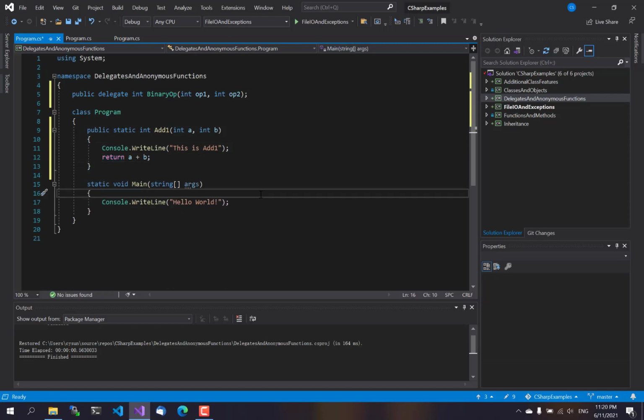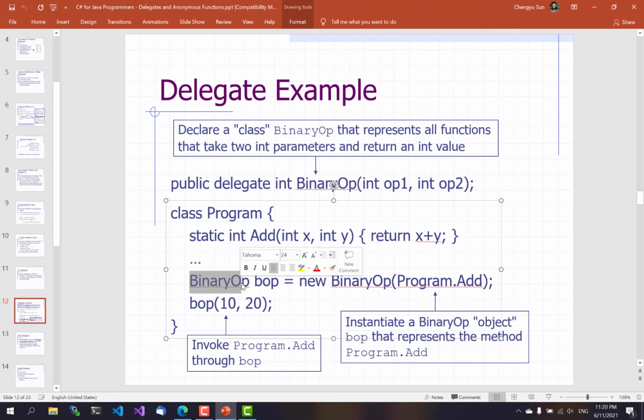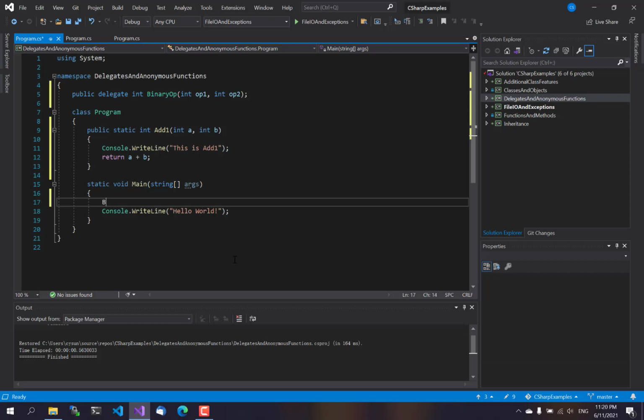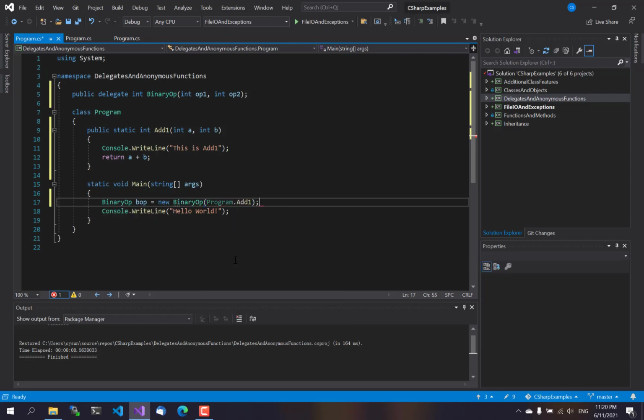And now we'll create a delegate object, and this delegate object will be BinaryOp, and the variable name doesn't really matter. We'll call it bob, BinaryOp, and we'll say new BinaryOp, and then we'll give it the name of the method. Notice that it's a static method, so the way to refer to it is class name dot method name,